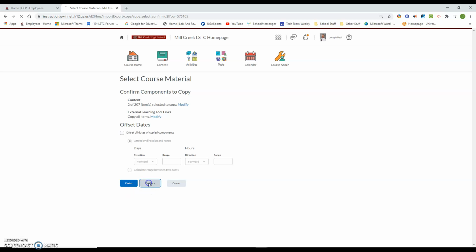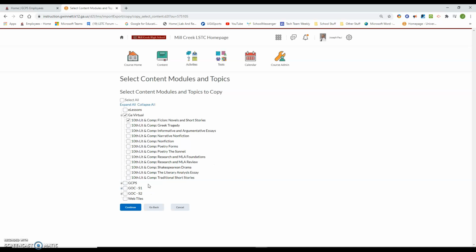And I will say before I go on, and sorry to backtrack, but if you wanted to copy all of this, you could. That's not going to be a problem at all. You could go ahead and copy everything, and then you could sift through it on your own page and delete it, move it around as needed. It's totally up to you. I'm just giving you an example of I have already previewed this and I know that I want this unit or this module. So I'm going to click Continue,